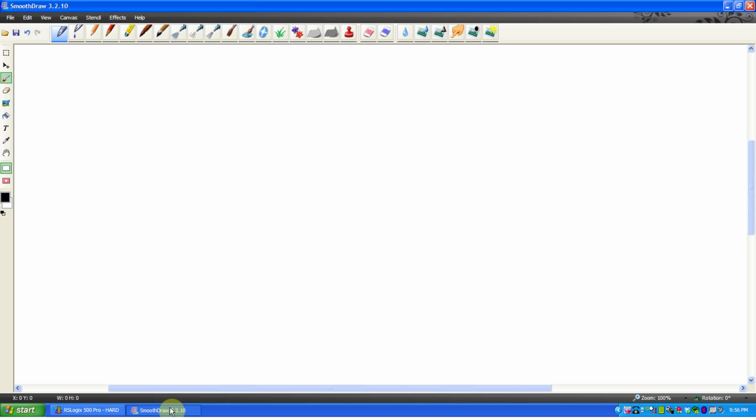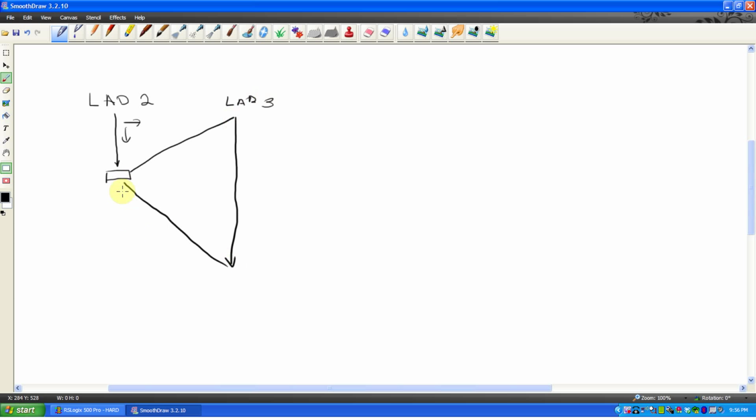To give you an idea of how that would look pictorially, if I started out with ladder 2, it would scan ladder 2. This is doing that whole left to right, top to bottom thing. When it gets to a command that says run a subroutine, it jumps out, and what I just created was ladder 3. That's badly written, but ladder 3. It will now scan all of ladder 3 and then return back to ladder 2,